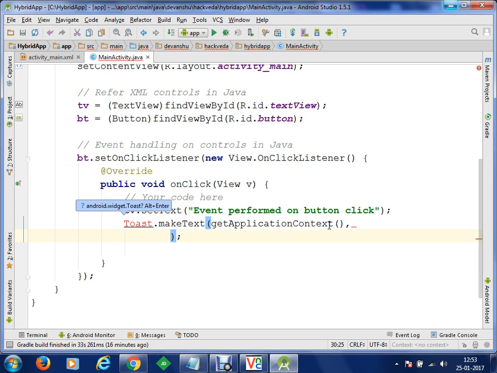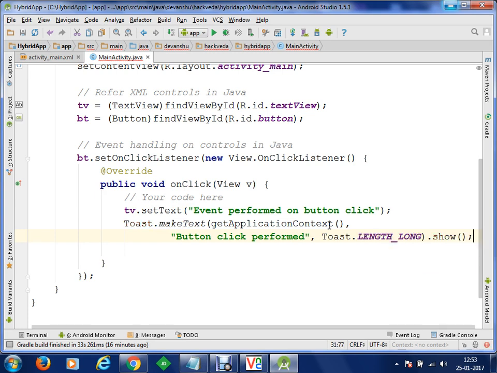Now what next you have to do? Let's say we are going to say something, "button click performed". And finally you are going to do something like Toast.LENGTH_LONG.show.